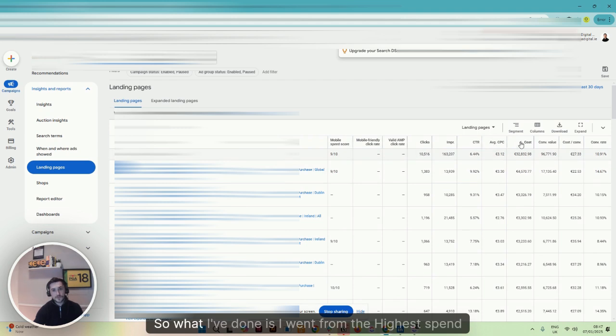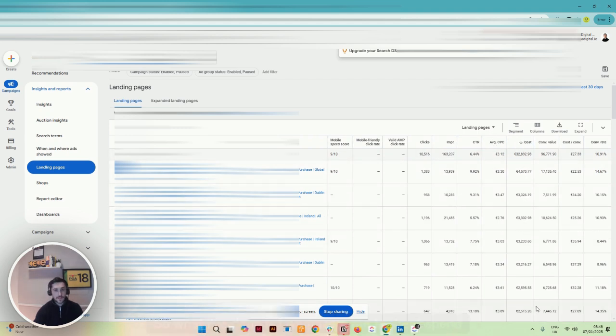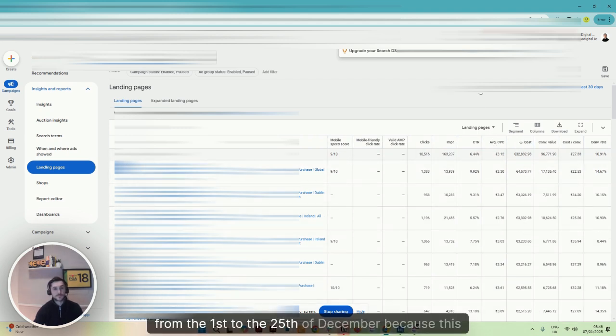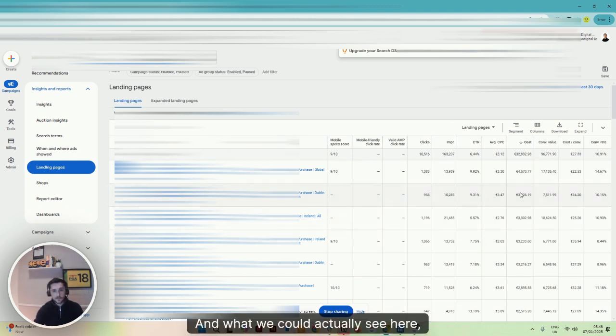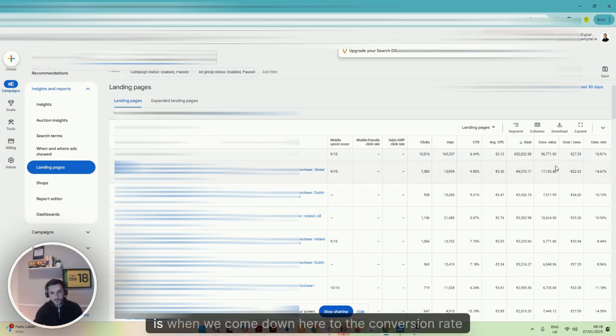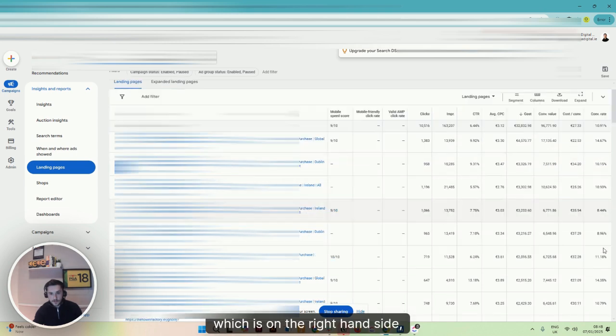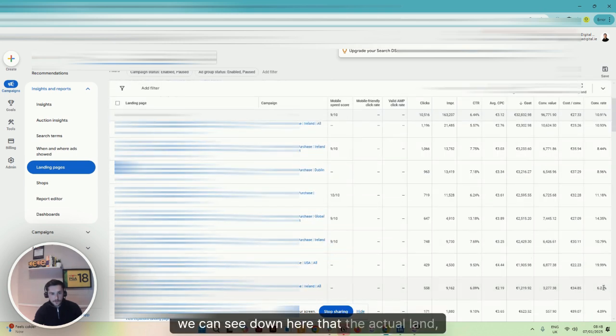So what I've done is I went from the highest spend from the 1st to the 25th of December, because this was a peak for a client that we're auditing. And what we could actually see here, which is really interesting, is when we come down to the conversion rate, which is on the right hand side, we can see down here that this is a landing page that was specific to the occasion. So this was converting at a